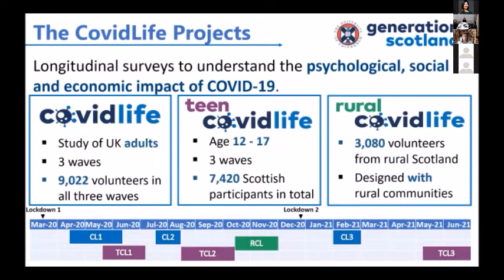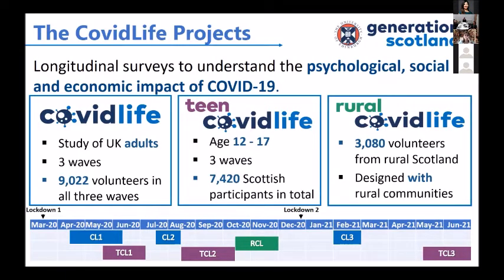And I forgot to say this was only in Scotland, where we had almost 7,500 participants. And again, we ran the first wave during the initial lockdown, the second wave when they returned to school in August after the first loosening, and then the third wave we did during the exam period in the spring, so had a rather smaller return of participants. And this was open to anybody in all 3 waves, whereas COVID Life was restricted to the same participants.